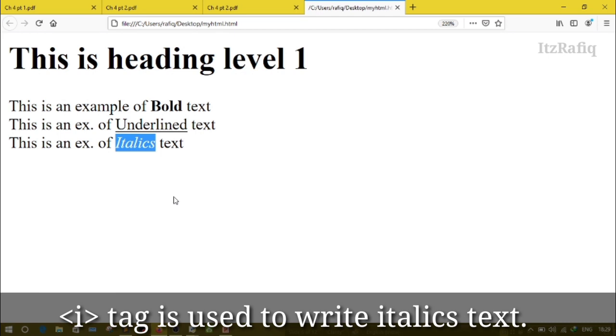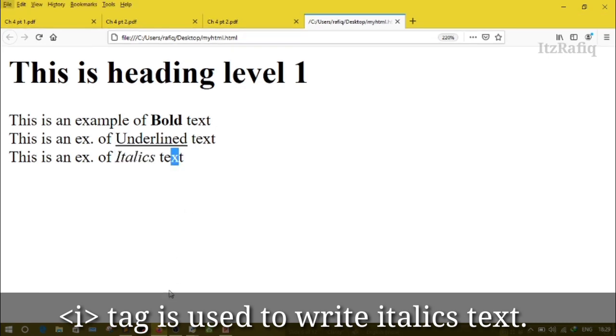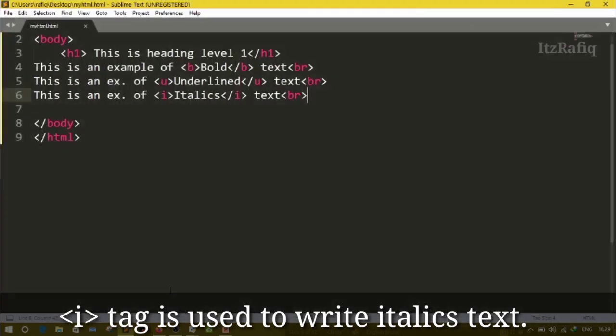After italic we have strike through. The strike tag is used to strike a line through the middle of the text. For example, let's see. Go back to the text editor.